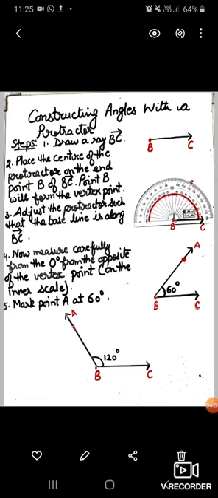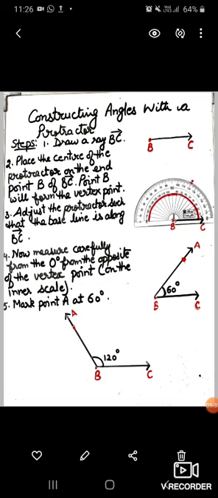Now if I have to make an angle of 60 degree, I will see the inner degrees of the D, and wherever it is written 60, here I have put a red dot. Now join that red dot with the point B and name that red dot as A, and in this way your angle of 60 degree is formed, and you have to name that angle ABC, and you will put arrows on both the sides. As it is shown, on A I have put arrow, and on C I have put arrow, and in the center I have written 60 degree.